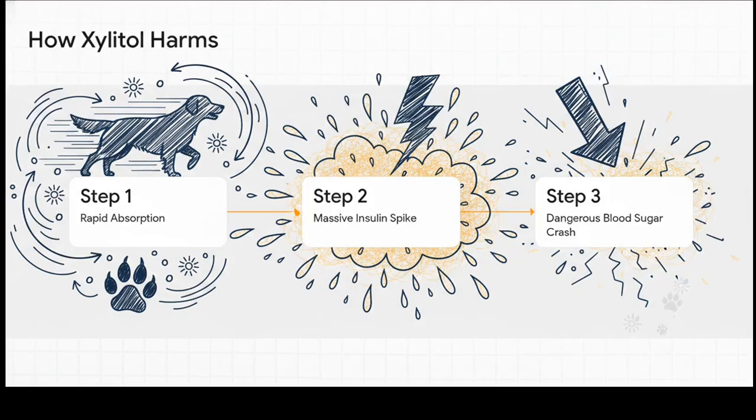So how does this stuff actually do the damage? Well, it's scary how fast it all happens. A dog's body absorbs it like lightning. But here's the kicker. Their system gets tricked. It thinks the xylitol is a massive sugar rush, so the pancreas just freaks out and dumps a huge amount of insulin into the bloodstream. And what does insulin do? It pulls sugar out of the blood. With that much insulin, it yanks out way, way too much, and their blood sugar just crashes down to dangerously,